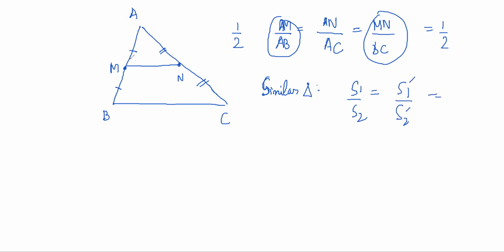So because of similar triangles, the angles are also the same, right? So this is like alternate or corresponding angles, no? So MN is parallel to BC. So we have proved MN parallel to BC also, and MN is equal to half BC also, correct? So one last question on this section.